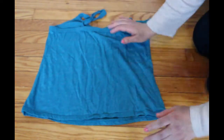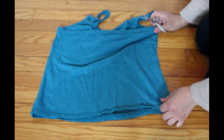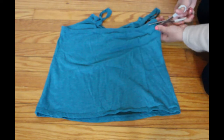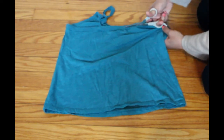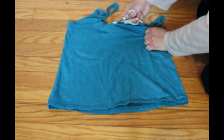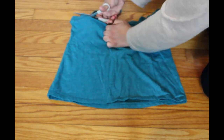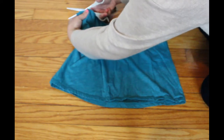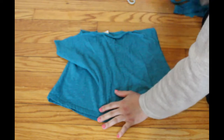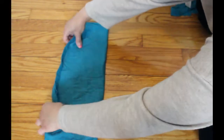So another option would be to take some fabric. It could be an old t-shirt, like I said, a pillowcase, a scarf, a bandana. Take the fabric and cut some of the fabric off. This is going to make it less bulky. So the more fabric that you're using, the bulkier it's going to be on your face. So depending on how thick you want the mask, you could cut more of the fabric,